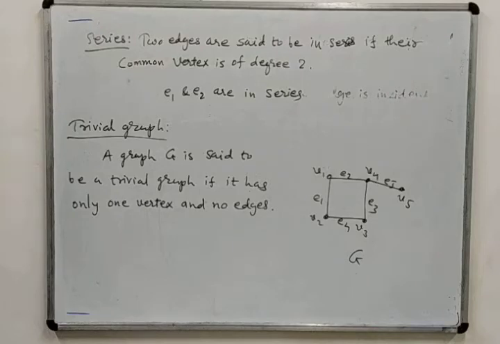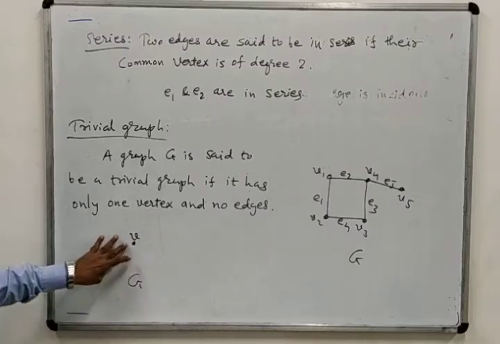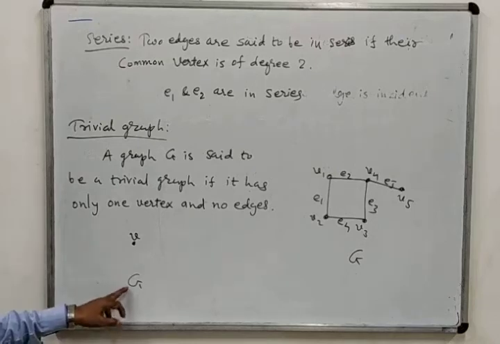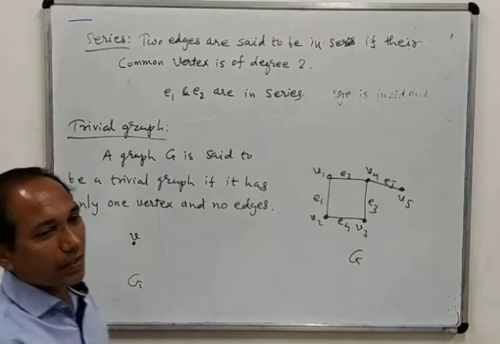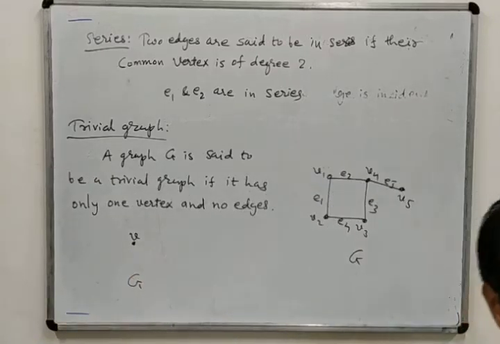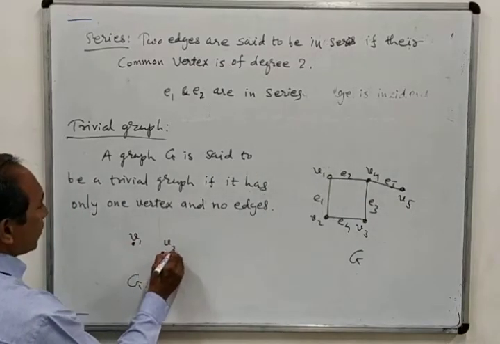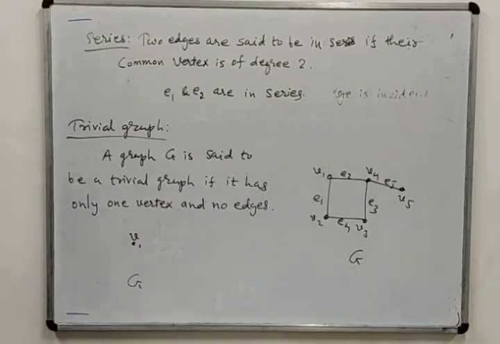Trivial means improper graph. So it has only one vertex. Suppose we consider the graph G here, which has only one vertex B. This is the simple graph. And it is known as a trivial graph because in this graph we can see that it has a vertex B only and there are no edges. That means a single vertex with degree 0 is known as a trivial graph. Actually, two isolated vertices are also not allowed. That means V1 and V2. This is not a trivial graph. It must have a single isolated vertex only. Okay.